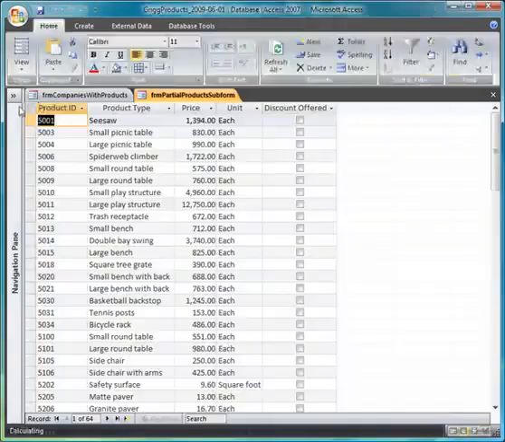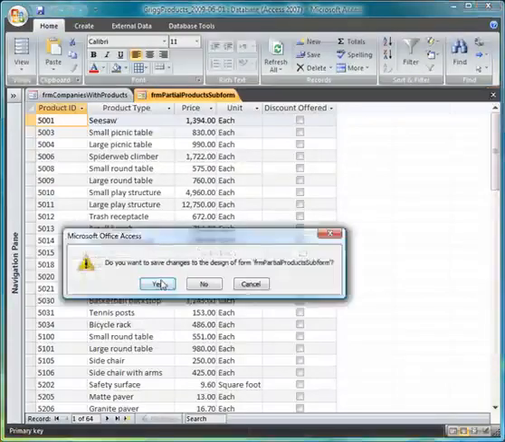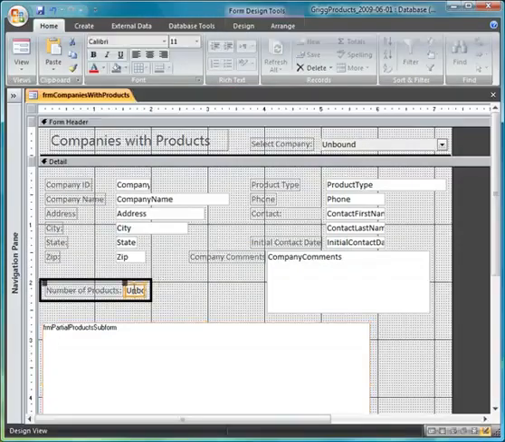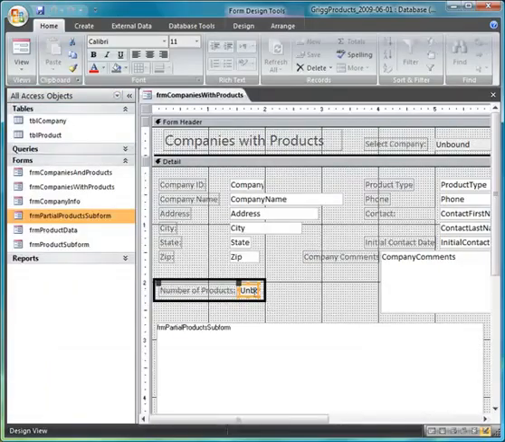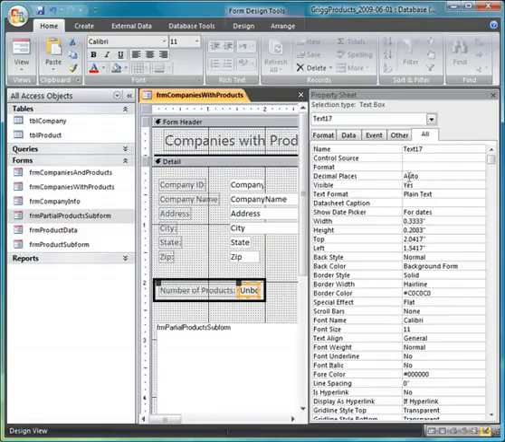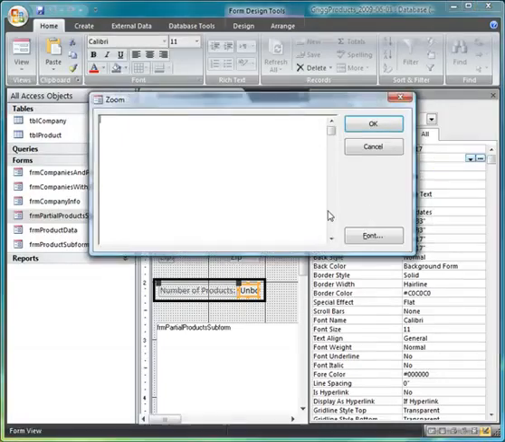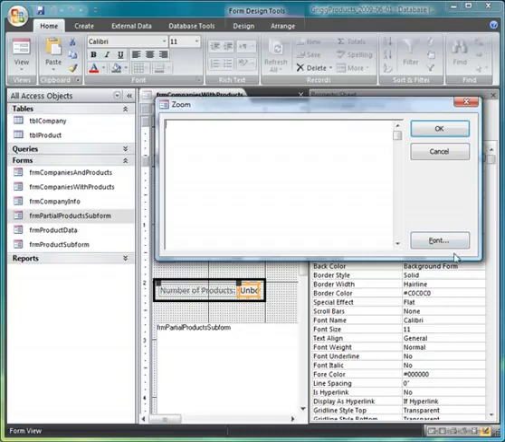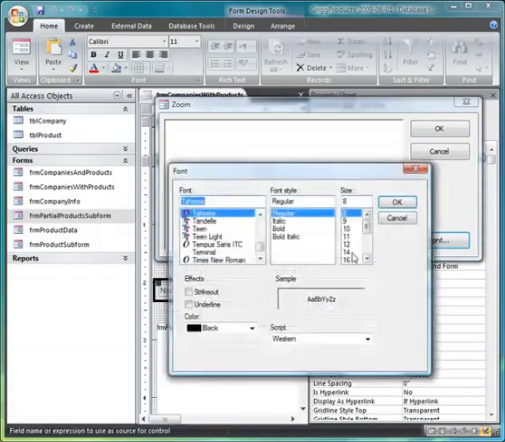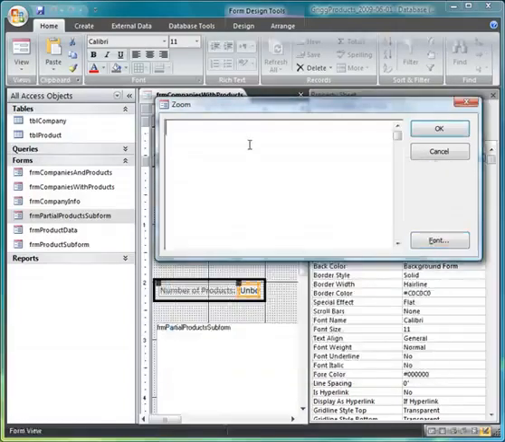So now I'm going to switch back out of here to my main form, and I'm going to put a formula here. Now, the book has you use Expression Builder. I don't like Expression Builder. If you like Expression Builder, go with it. I'm going to do the calculations by hand, and I'm going to open up my property sheet. Then from my property sheet, I'm going to zoom, and I'm going to put my formula in a zoom box. Now I'm going to increase the font size so that I can see it, and I'm going to set the value of this to be equal to